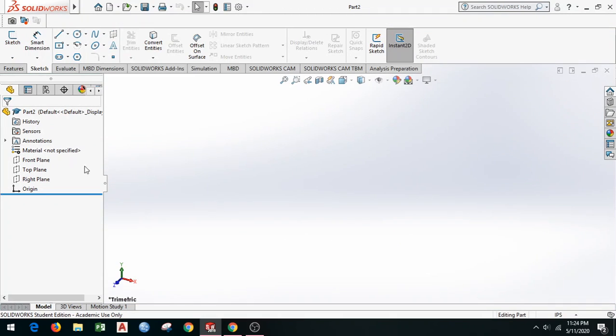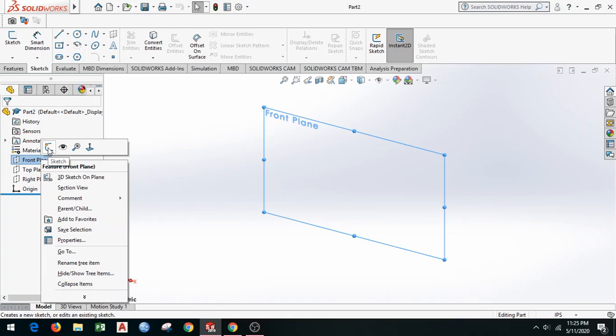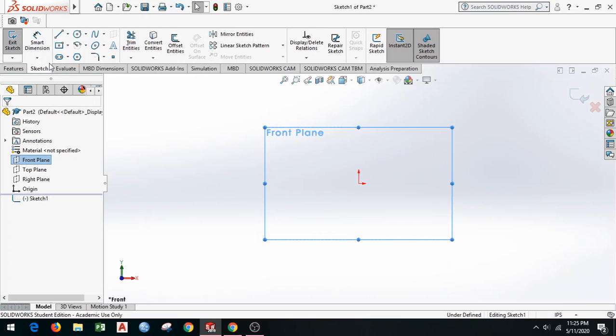Okay, next I want to draw the sketch on the front plane, that curve that I just showed you. I want to draw it on the front plane. So I right click on front plane and click sketch. So I have entered sketch mode now, and as you know, there are many different sketch commands available to me. I'm looking for a command that will allow me to create an equation driven curve. So that's right here in this spline menu. And if you click on the small triangle there, you see equation driven curve. So let's click on that.